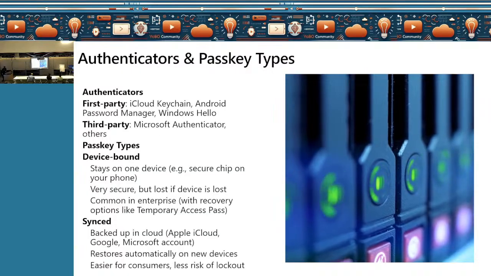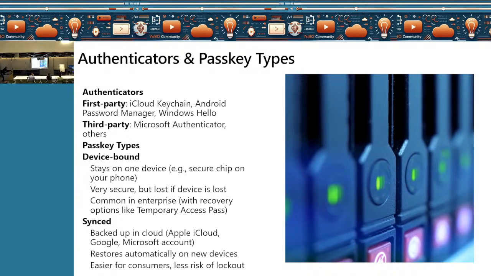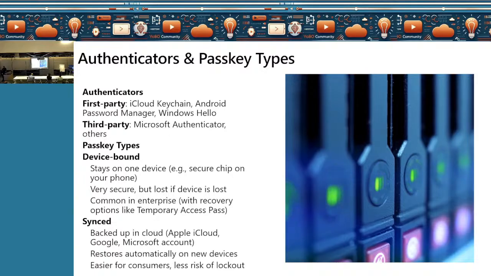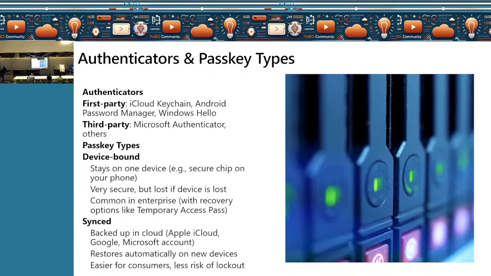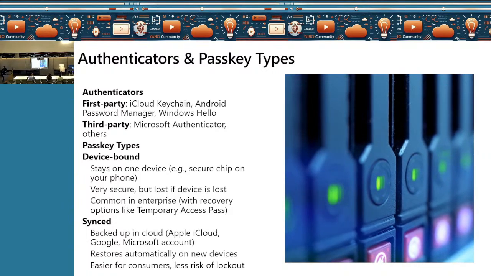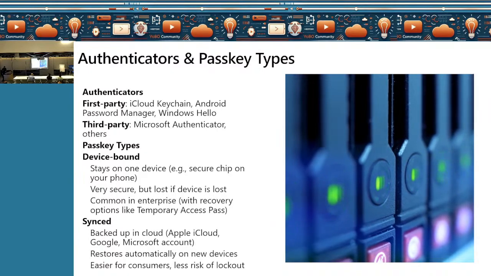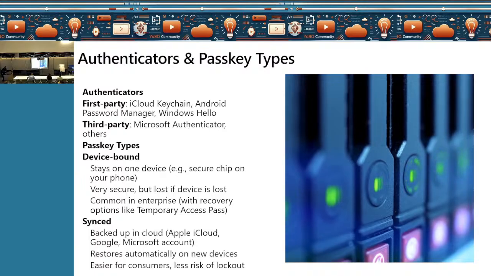Usually enterprises and organizations like this option. They don't want to sync the key because it gives them better control. For example, if an employee loses the phone, then we issue something called a temporary access passcode. So in today's world, as a user, you will never see a password, because when the user signs in for the first time, even if they forget and they have to use a password, the admin gives them a temp passcode. They log in with that, and then they start using passwordless options, which is Authenticator or Windows Hello for Business. Yeah, and as I explained earlier,